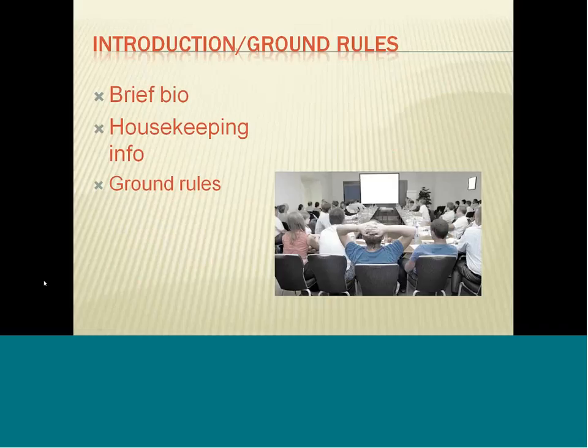What do you think? Why are ground rules so important? Maintain control. Absolutely. You're absolutely right. And pretty much everybody's sitting there saying the same thing, right? So